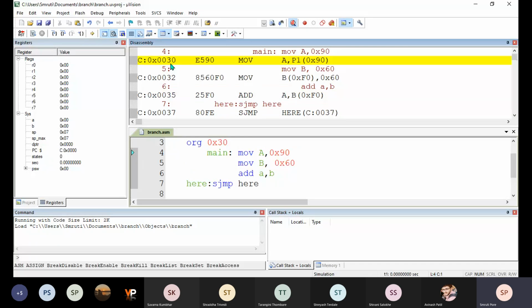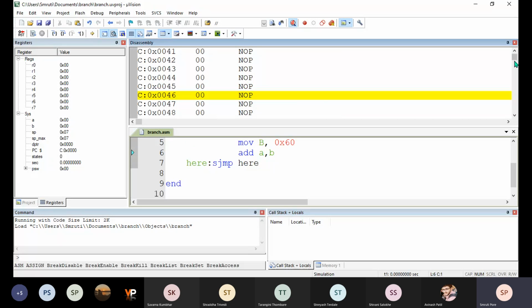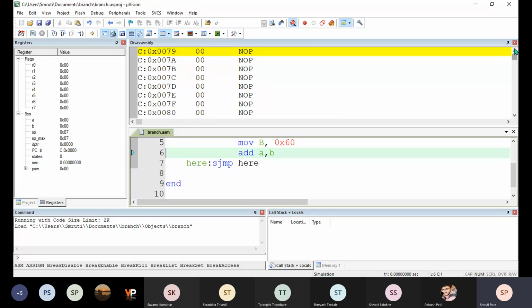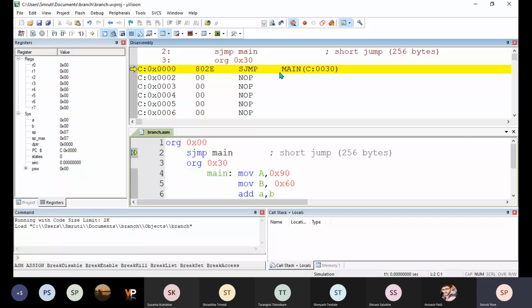But at the beginning when I say sjump to 30, it is actually transferring the contents. Sorry, we have to go at the beginning. At 0x00, the instruction is 802E.